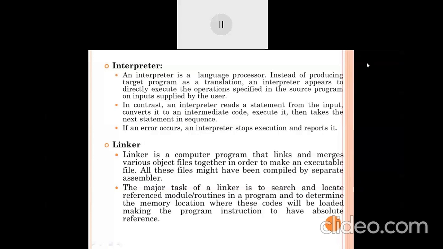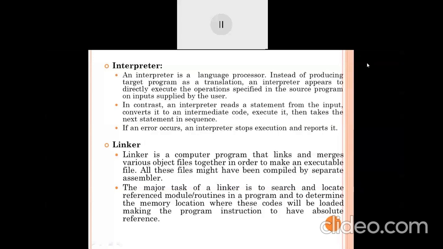Routines or modules mean functions, whether user-defined or inbuilt, used to solve that problem. That code is stored in different locations, so the linker uses a search method or references to those locations, routines or modules, takes the data from those locations, and gives the absolute references.